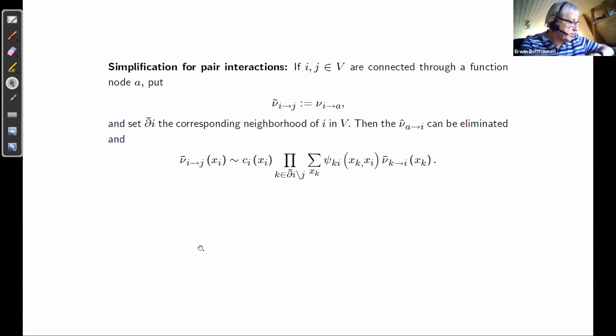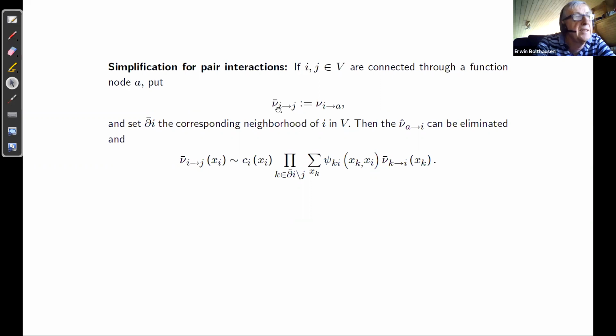Now just a short thing: there's a simplification if you have just pair interactions, or maybe just interactions on single variable nodes. So you see, for instance, if you have i and j and they are connected through a function node A, you are just defining a new quantity, new bar from i to j, as you see,